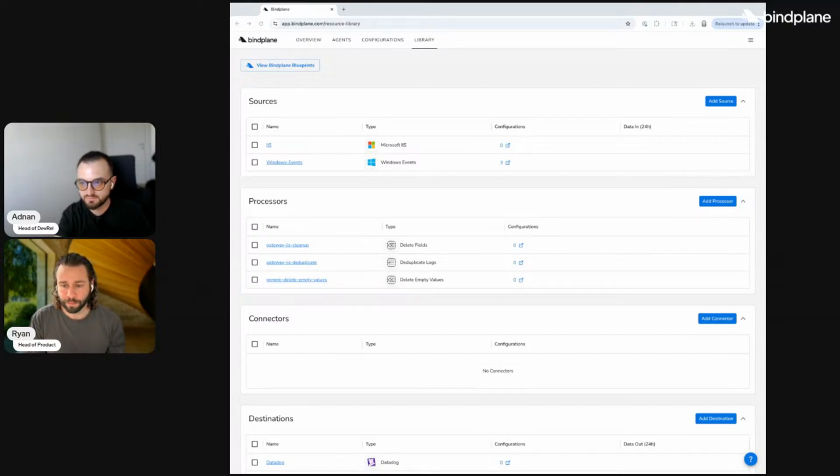Once that data is collected, Bindplane is going to understand how to process it. And with things like blueprints now, and as we start to use our recommendation engine to recommend and apply these blueprints automatically, those should just exist and get applied. You should be able to get to a place where from the time you install a collector, you've got 90% of the pipeline just out of the box, configured, working. It's getting the data, it's optimized,